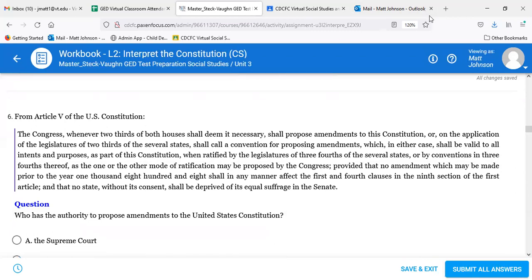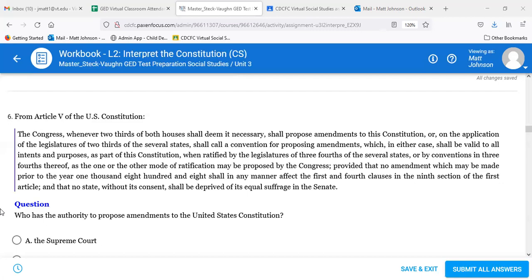The Congress, whenever 2/3 of both houses shall deem it necessary, shall propose amendments to this Constitution, or on the application of the legislatures of 2/3 of the several states, shall call a convention for proposing amendments, which in either case shall be valid to all intents and purposes as part of this Constitution, when ratified by the legislatures of 3/4 of the several states, or by conventions in 3/4 thereof, as the one or the other mode of ratification may be proposed by the Congress,